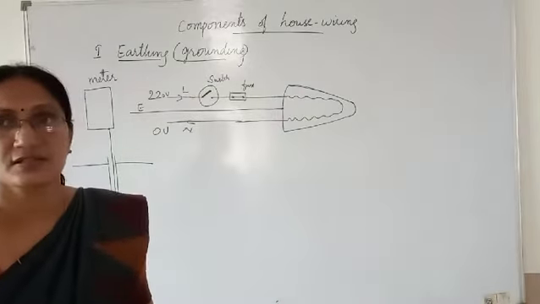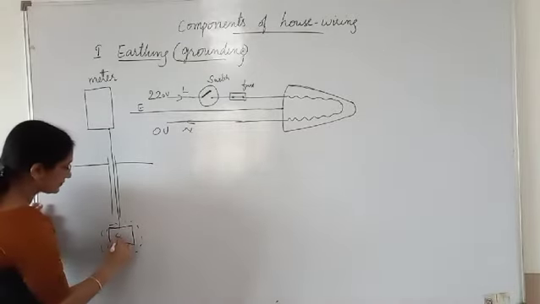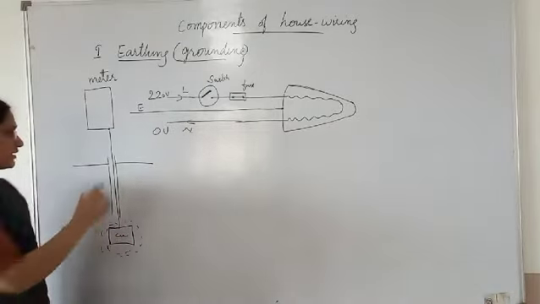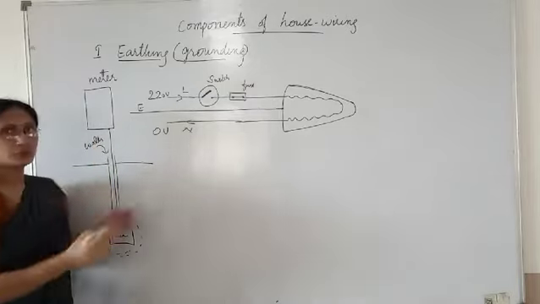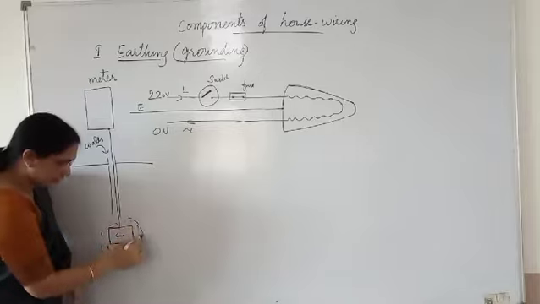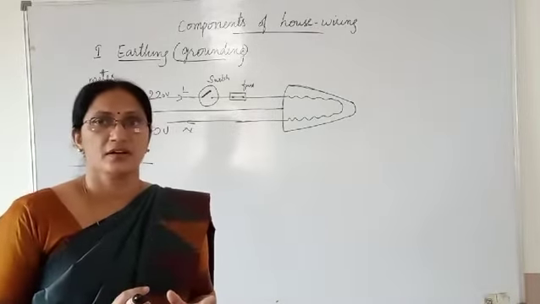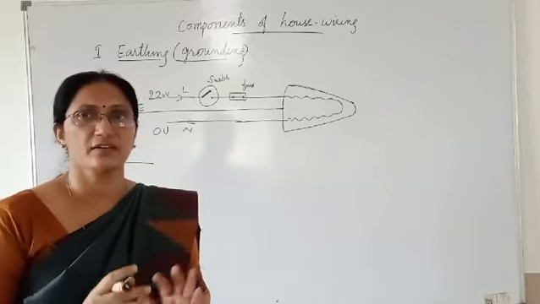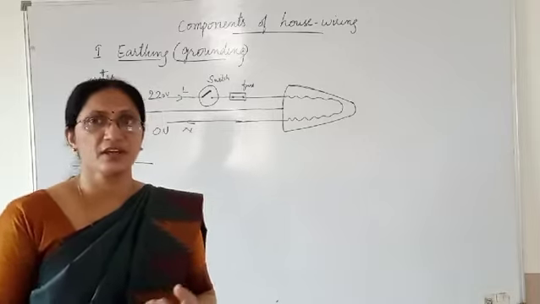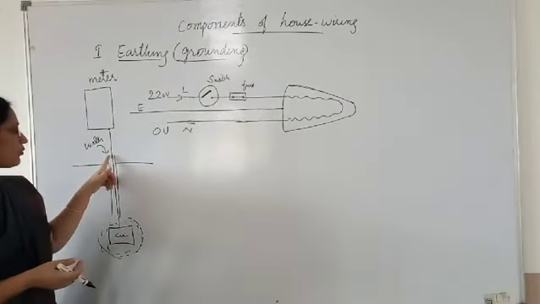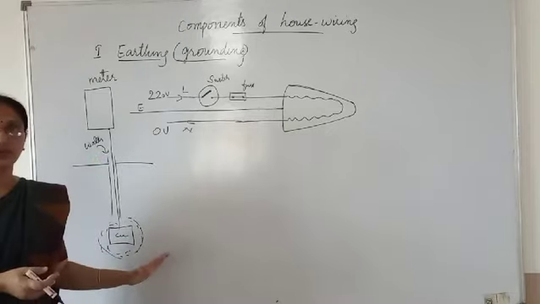Salt and charcoal mixture will be there around this copper plate, and once in a while you must pour water through the pipe so that this region remains wet. The area near the plate already has salt and charcoal, and it is kept wet in order to increase the conductivity. Once in a while you have to pour water through this pipe. And this is the process of doing earthing.